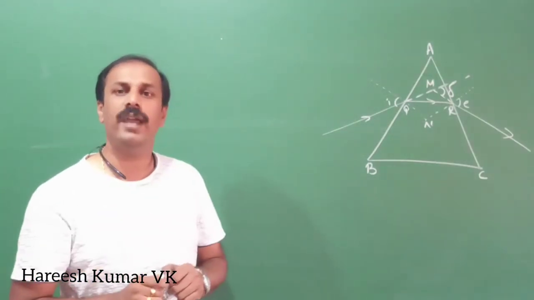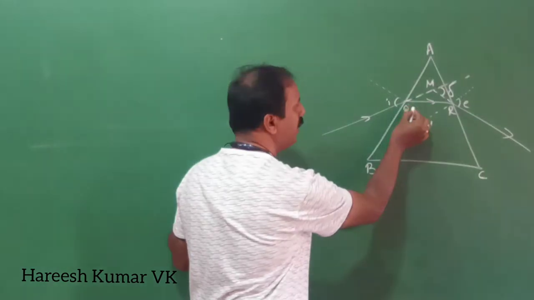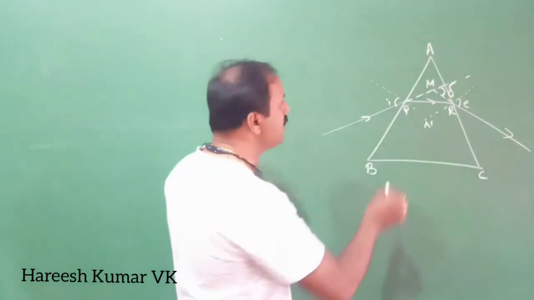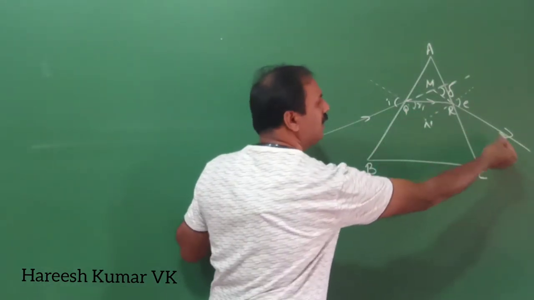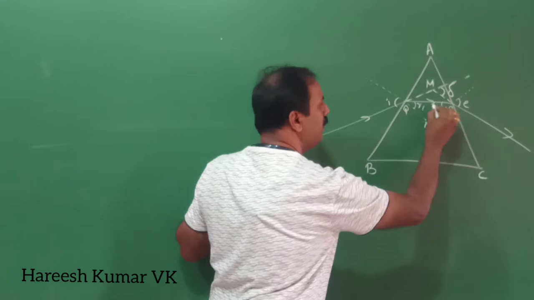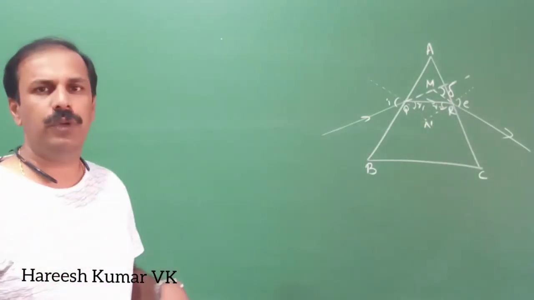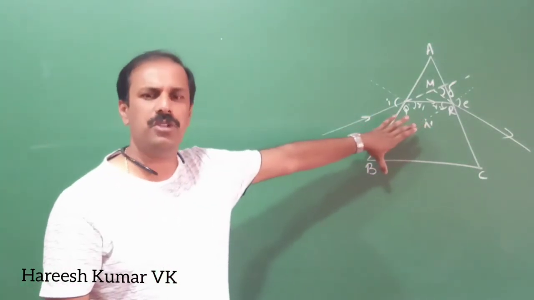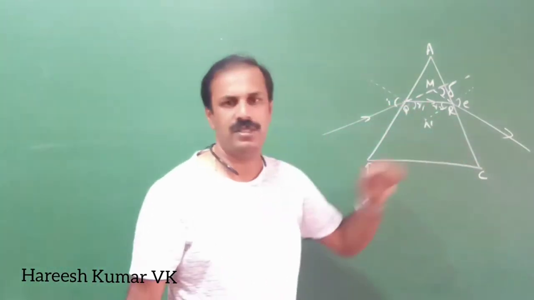Now we will think about the angle of refraction. Here this is the angle of incidence, and inside the prism, the angle made by the ray with the normal is our angle of refraction R1. You can retrace this way, and that time it will be R2. I think the picture is clear for you. You can see the picture from the textbook also. It looks the same. So the light ray is going like this.